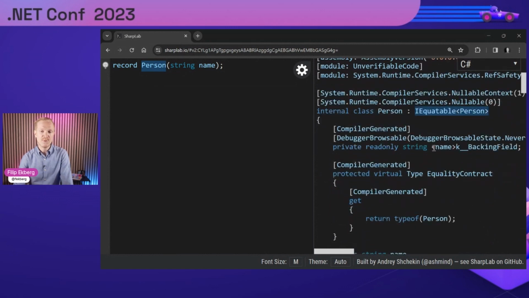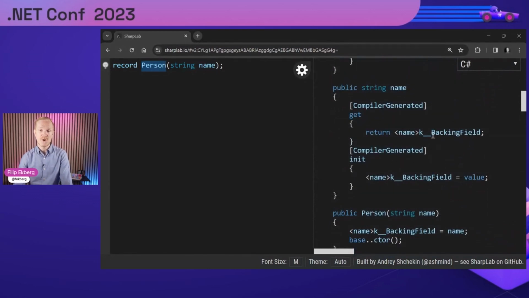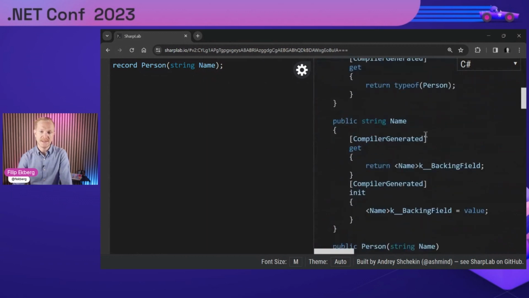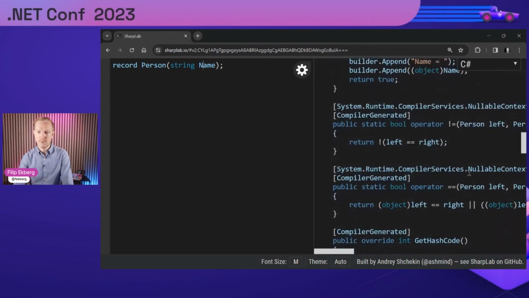And this will introduce backing fields. It will introduce the publicly exposed properties, which is why we should probably name this properly so that it will generate a nicely looking publicly exposed property. And then what we also get with record types is immutability, which is extremely important when we are working in multi-threaded or asynchronous programming. And then we also get value-based equality, because if we scroll down here, we can see